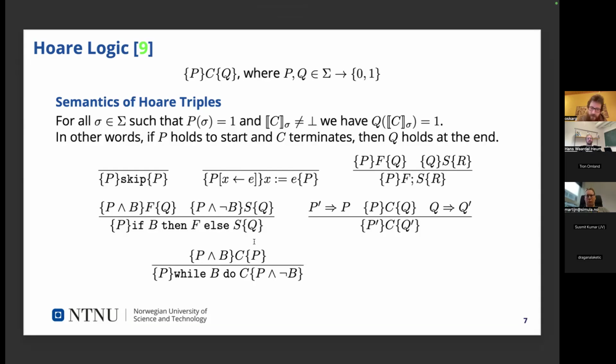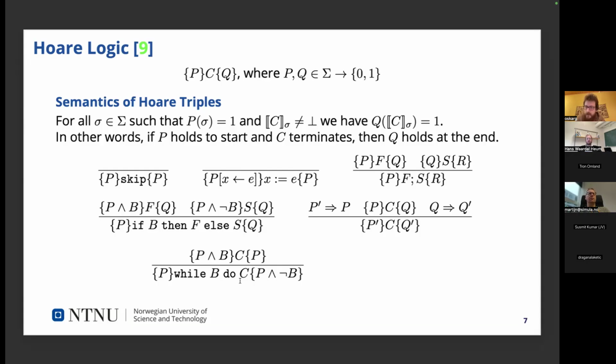And for the while loop, you need to show that the thing inside of the loop works: if B is true and you have the starting condition, then after you run C, you end up with P. Then you know that in the postcondition P is still true because it is preserved by each evaluation of C. And you also know that B is no longer true because you've exited the while loop. That's just a basic loop invariant, I guess, the P.